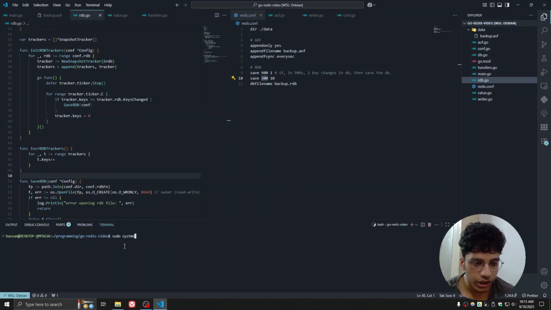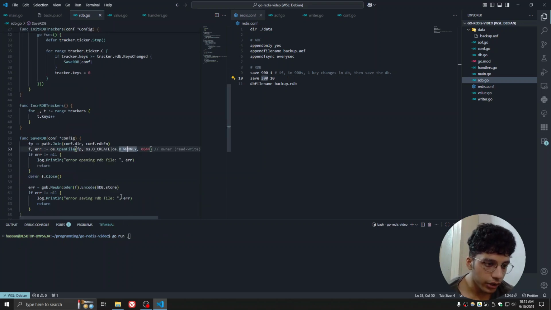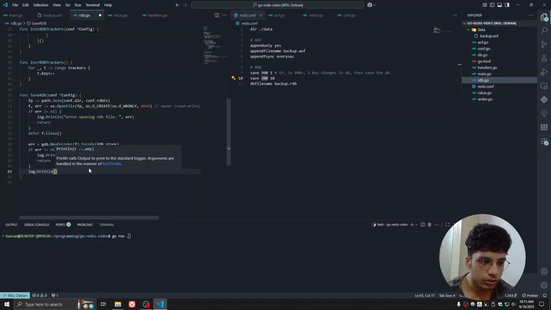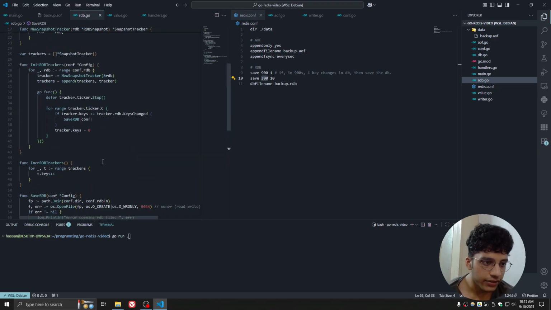Let me just stop the currently running Redis server, and then let's run the actual server over here. And before I do that, let's also add a bunch of logs. Let's say "saved RDB file" over here. Alright, let's add that,